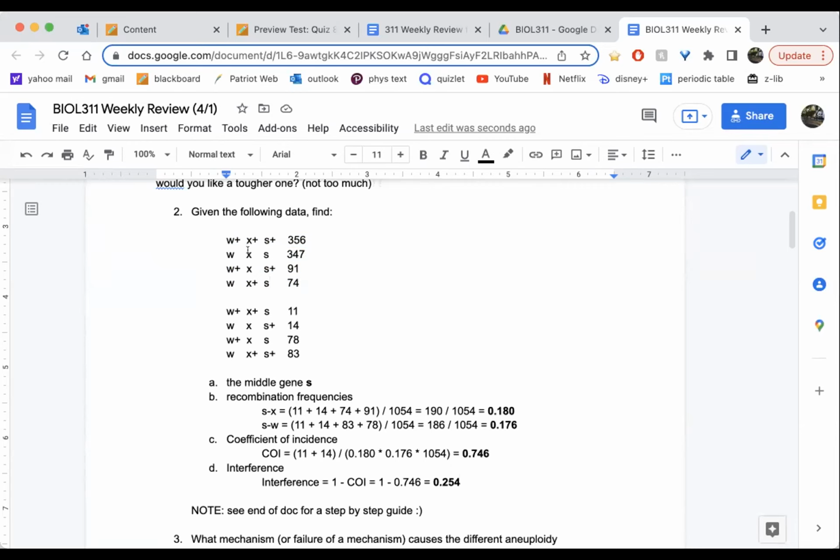But if you look at the X's, you can see that you have X and then X plus. So similar, but not the same because of that difference between the X's. And so because of that, that means that you have crossing over between X and S. But if you do the same thing for